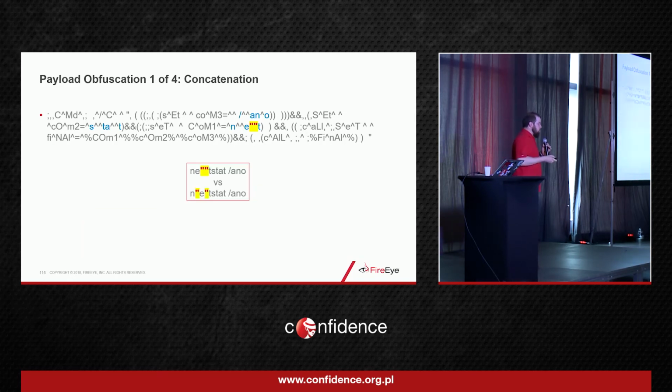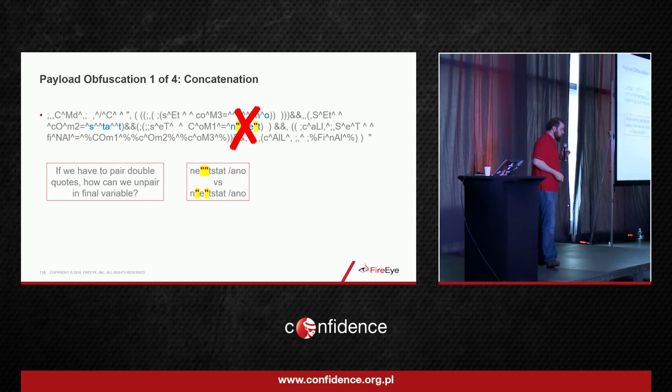What if we want double quotes that aren't side by side? What about when our input command has double quotes around a string? This is actually insanely difficult and was a huge problem for me in this research because you can't put those double quotes non-adjacent in the original command. That actually doesn't work. So the way that I came up with to get around this is a kind of